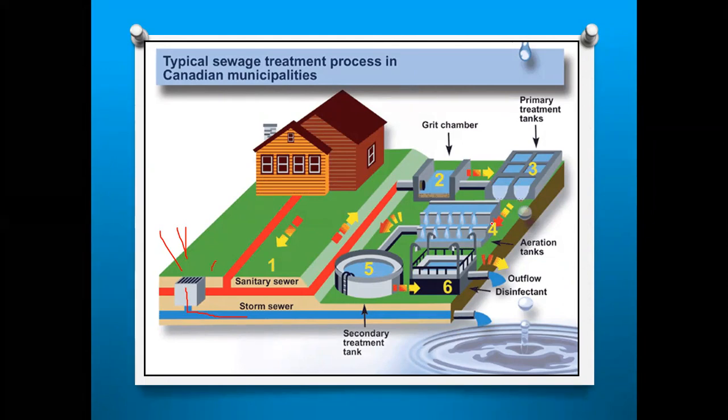So here the air is supplied into the tanks, thereby it will be separated, right? So again from the fourth stage, it is going to the secondary treatment. So up to the fourth we are discussing, right? So it is going to the secondary treatment tank where it is kept for some more time, and again it is connected to the outflow disinfectant. So here again it is treated, and finally from the sixth chamber it is flushing out and going into the